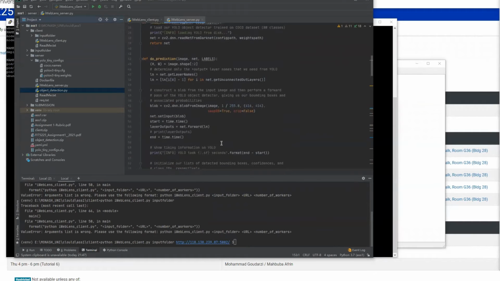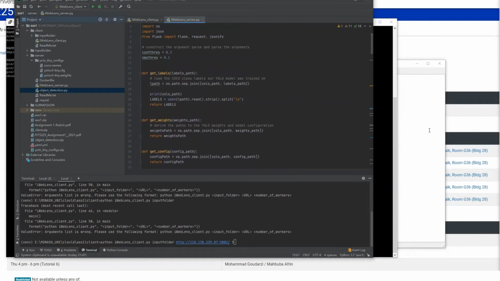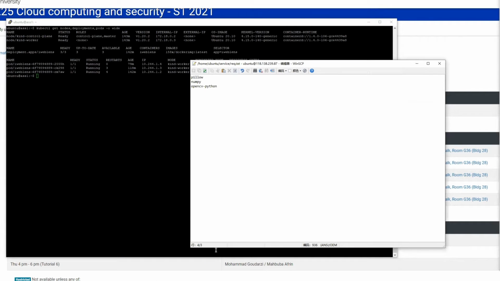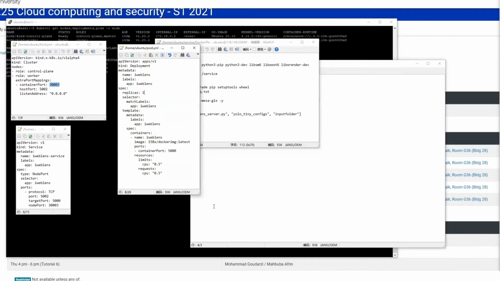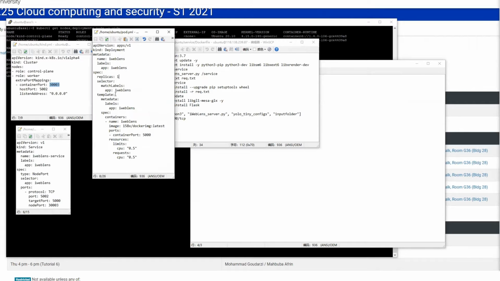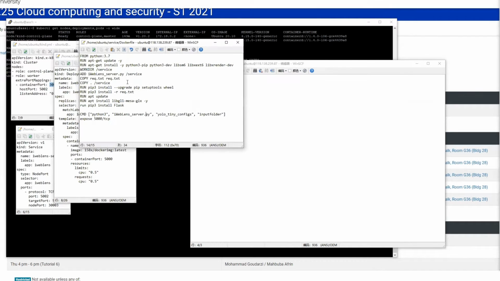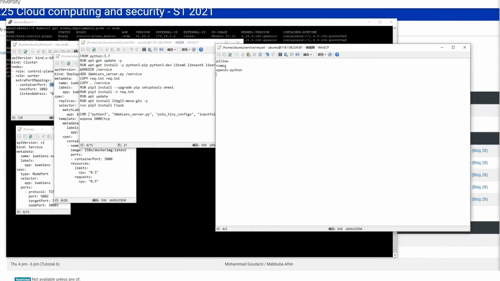Okay, so the second one is about the Docker file. Here it is. It's from Python 3.7, and it has all the basic commands necessary to run the service, and the requirements, and the payload, numpy, OpenCV, and I put in something extra here, like